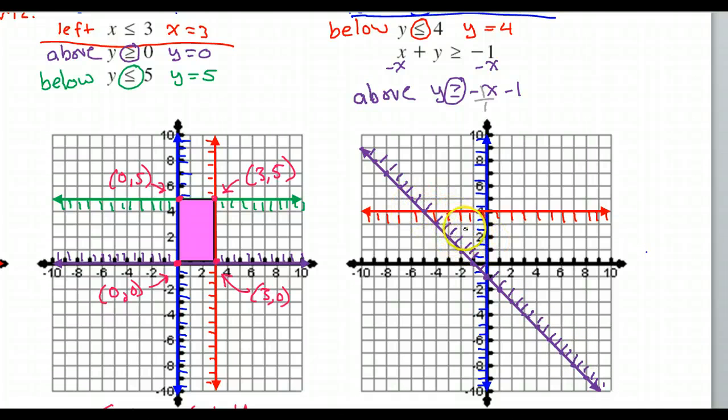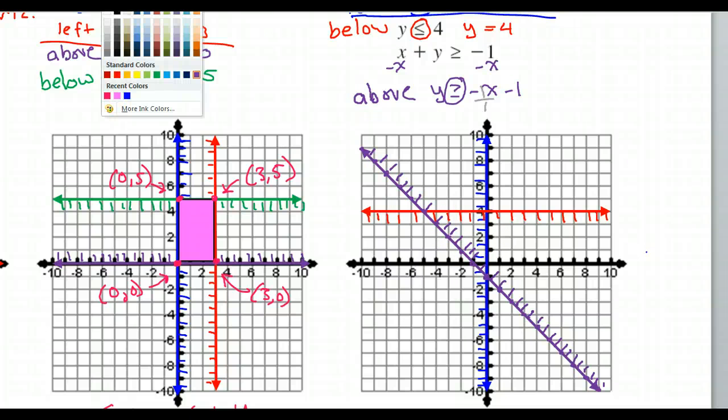So hopefully you can see that this triangle here is going to be the feasible region. Alright, it's the part of the graph that satisfies all three equations. It's below the red, to the left of the blue, and above the purple. So now we can